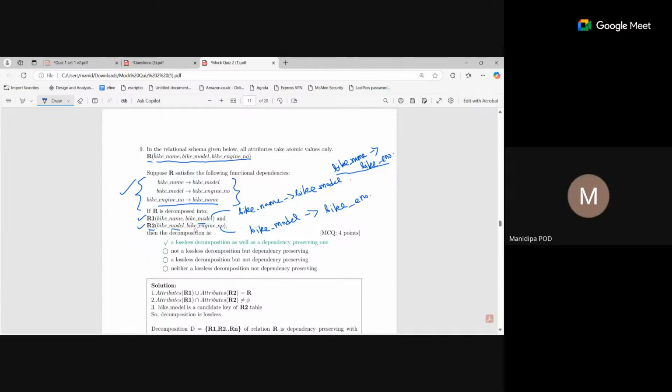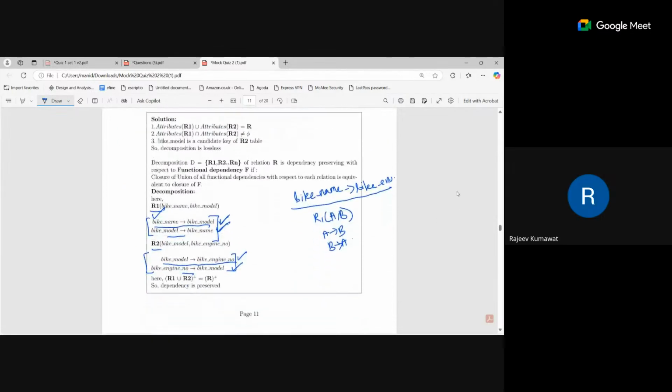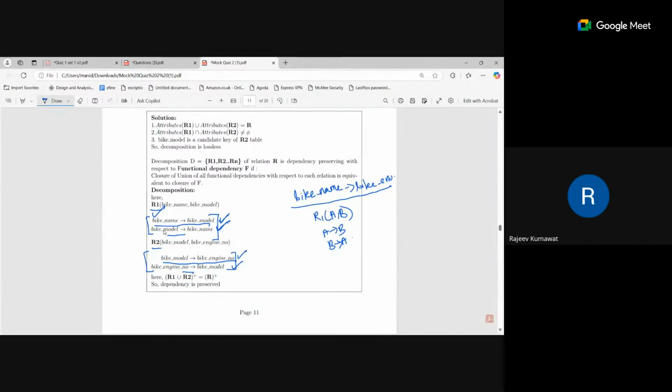But if I do according to whatever solution is given, and for R1 I take the set of dependencies possible, then bike model will also become a key for R1, which is not true when we do decomposition like this. Bike model cannot be a key for R1. So they have written that